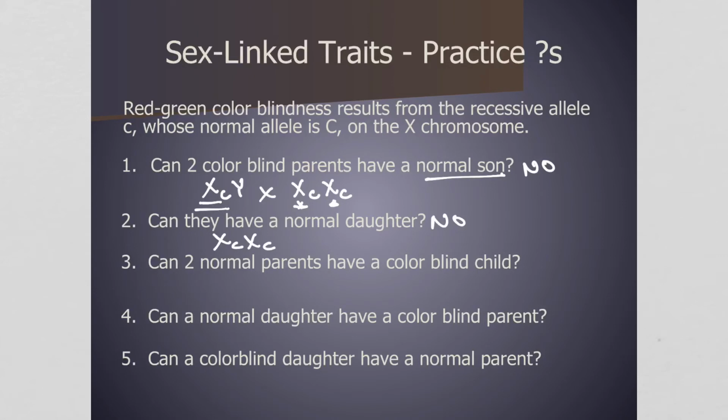Can 2 normal parents have a colorblind child? Well, for a male to be normal, he would have to have this genotype. For a female to be normal, she could have this genotype or this genotype. So could these two normal parents have a colorblind child? Well,